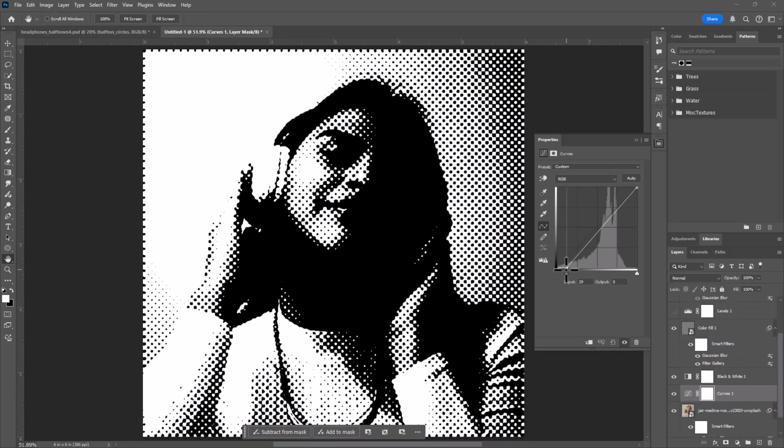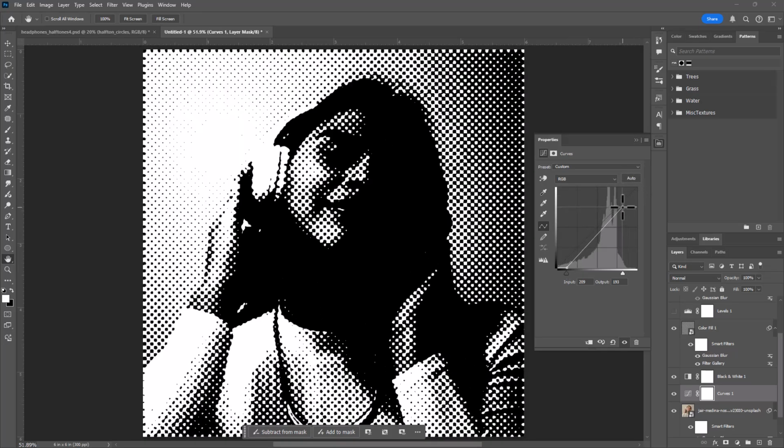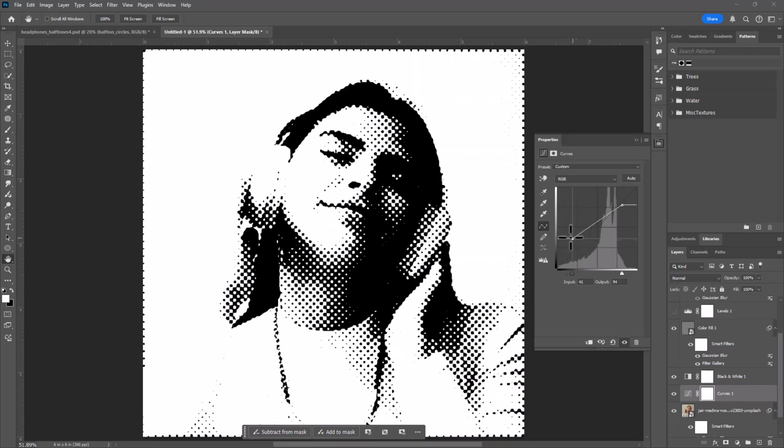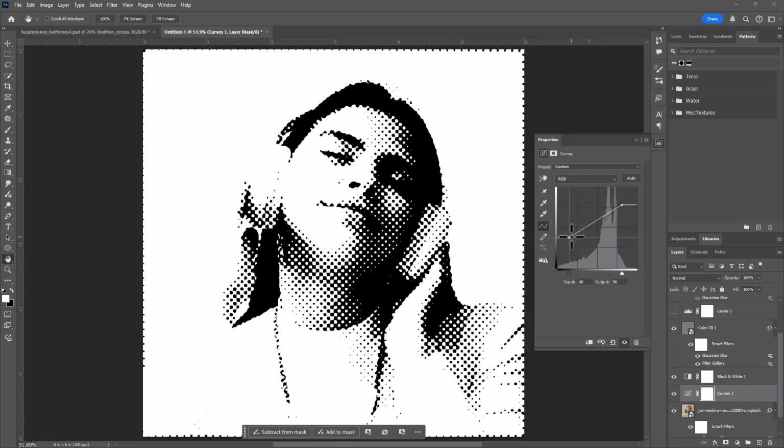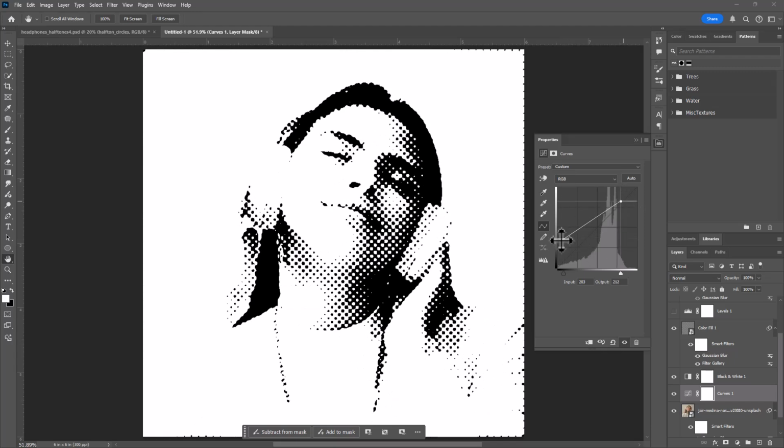And what we can do is add some contrast here, or we can change the output levels. And depending on how close together or far apart these are, our dots are going to get bigger or smaller. We're going to sort of have different dots in different places, you know, depending on what we want to do with this. So we can readjust this to kind of get into the space that we want. So maybe I like this for one thing, but I could sort of mix different tonal ranges together. So sometimes I'll use masking to have some areas that are darker and some that are lighter, and then kind of mix and match. I'll do that in a minute, but let's go ahead and explore creating some of our own custom